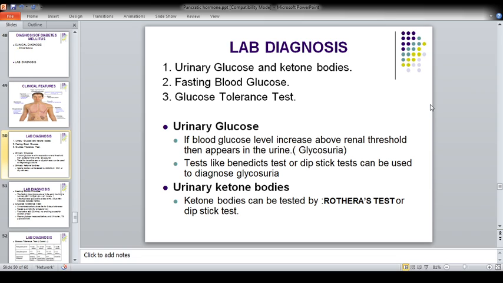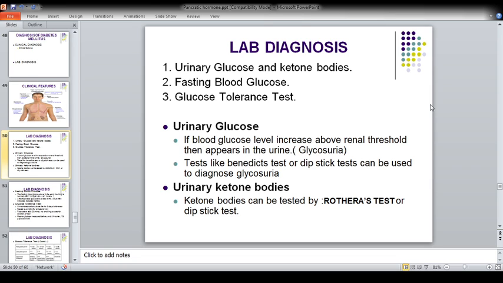Now let's look at how we can diagnose diabetes in a laboratory via lab tests. So we may check the urinary glucose and ketone bodies level, fasting blood glucose, and the gold standard, that is the glucose tolerance test or oral glucose tolerance test. To check the urinary glucose level, we obtain the urine sample and send it to the laboratory. If blood glucose level is increased above the renal threshold, it appears in the urine, which is known as